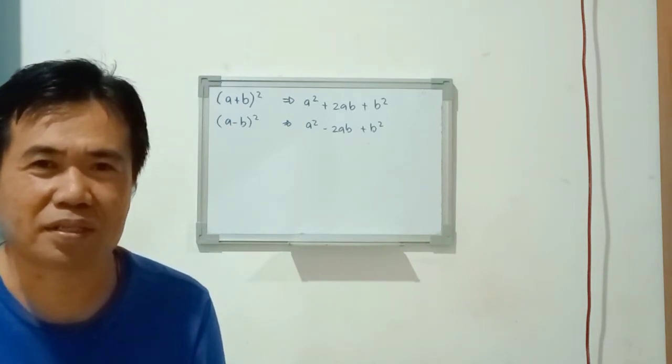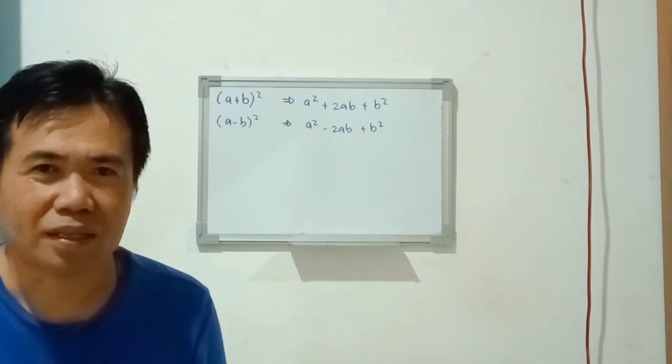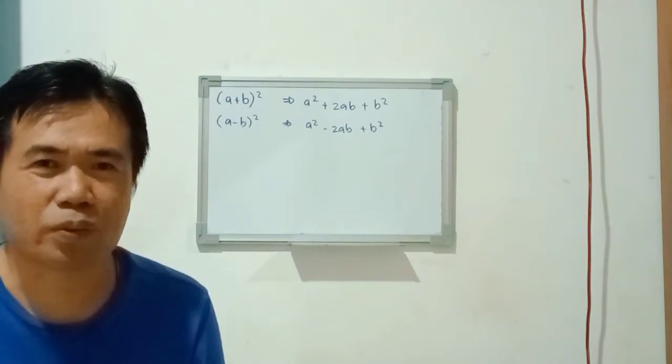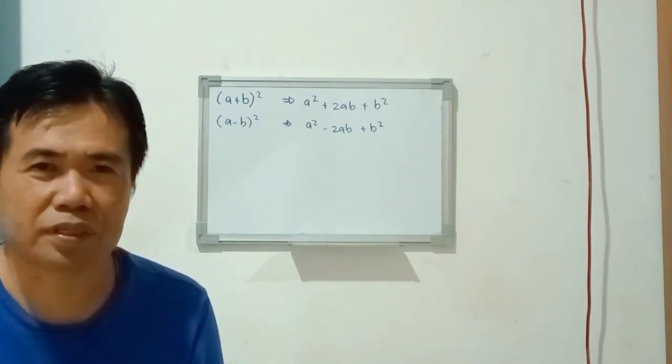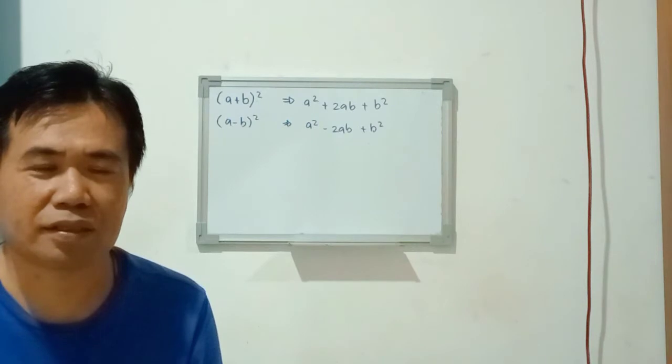Perfect square trinomials. But before that, let me explain briefly what a square and a square root are. A square is the product of two identical numbers, and a square root is a certain number or variable that, if we multiply it by itself, will become a square. For example,